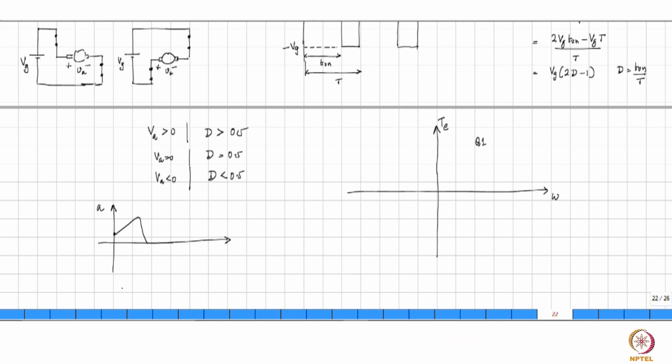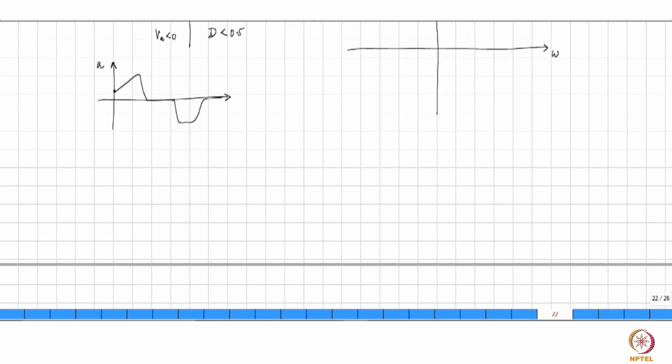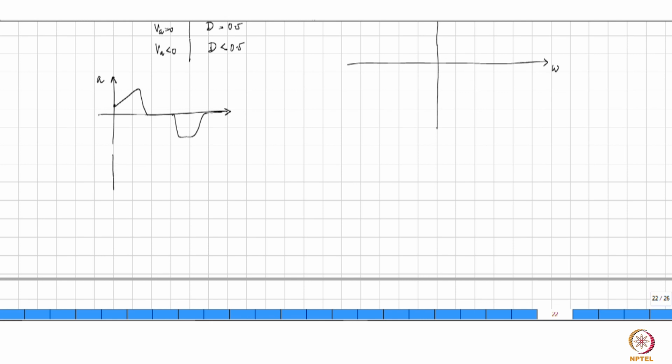And when you are going to put the object down, you have to decelerate and then go to 0 velocity, right? So after some time, you may have to have a negative acceleration and maybe maintain the negative acceleration and then go to 0 acceleration when you place the object at the desired location, right? So this is acceleration. As far as looking at speed is concerned, you know how to derive speed from acceleration, right? You can